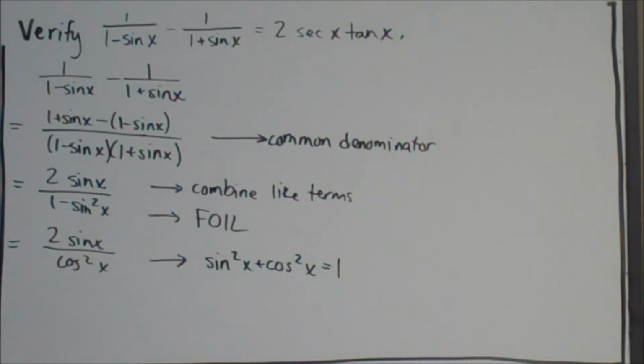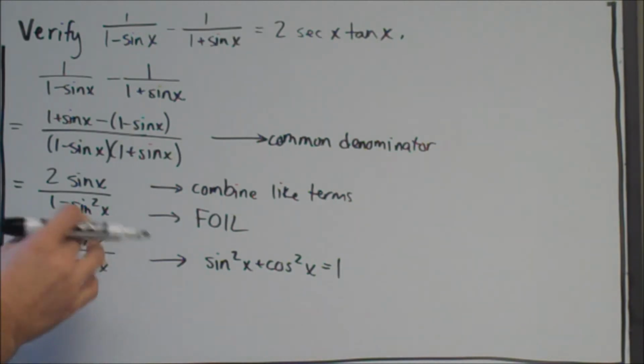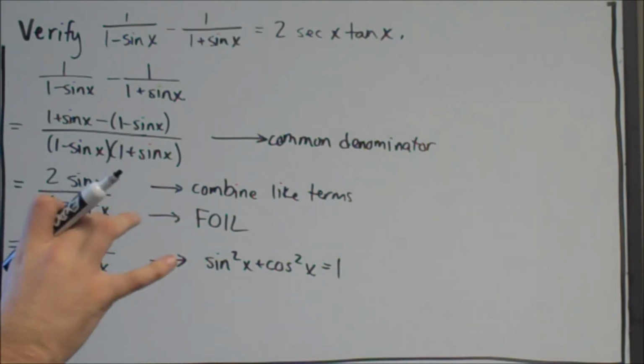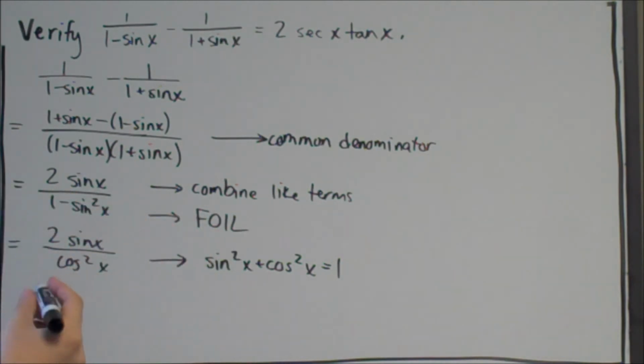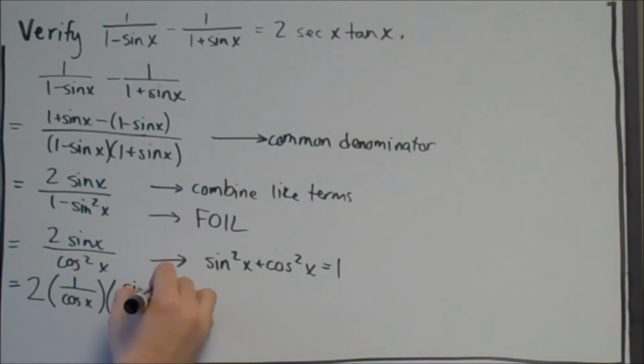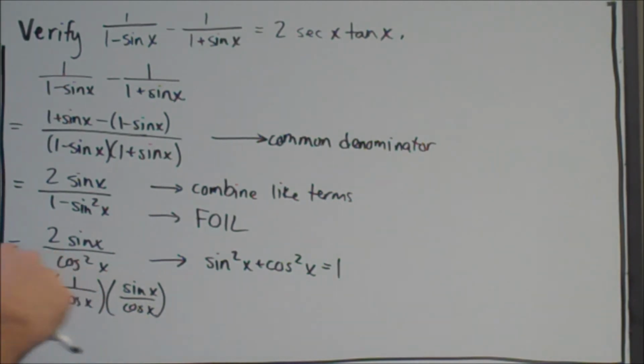So now what we want to do is we can rewrite this fraction. As long as we have terms that are being multiplied together, we can kind of split these things apart as we need them. So we can rewrite this as 2 times, let's have 1 over cosine x, and then sine x over cosine x. So you can see this is still the same thing, because in the numerator we have 2 times 1 times sine x, which is 2 sine x. In the denominator we have cosine x times cosine x, and that gives you cosine squared. So we're just splitting things apart.